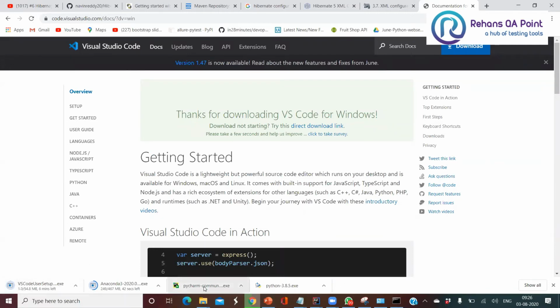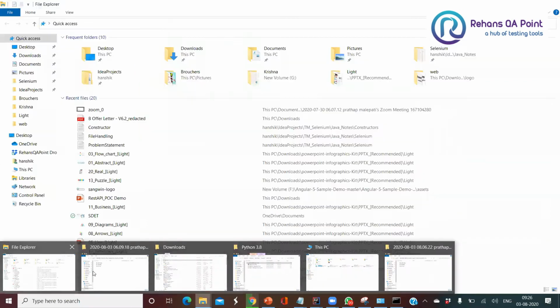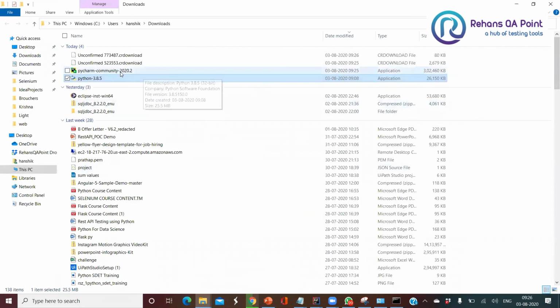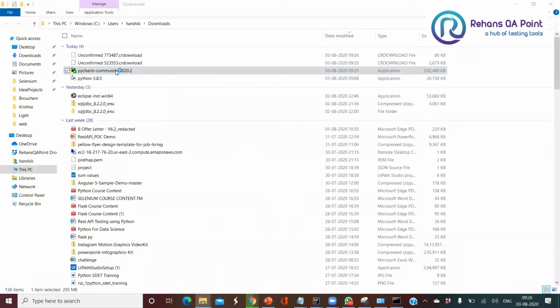Now I found my PyCharm got downloaded completely. Let me go to my downloads. Here my PyCharm is downloaded successfully. So double click on it. Click on the yes button, guys.